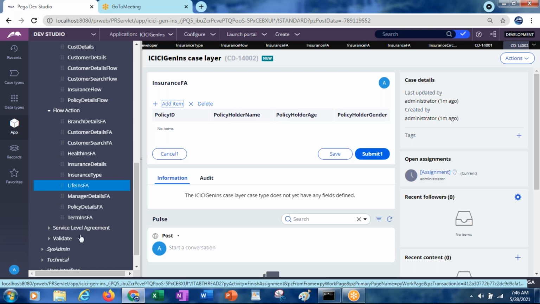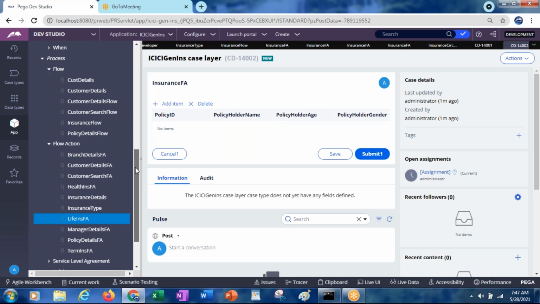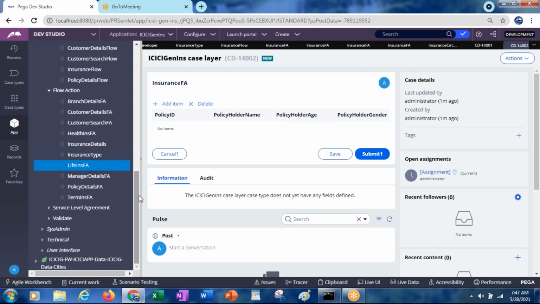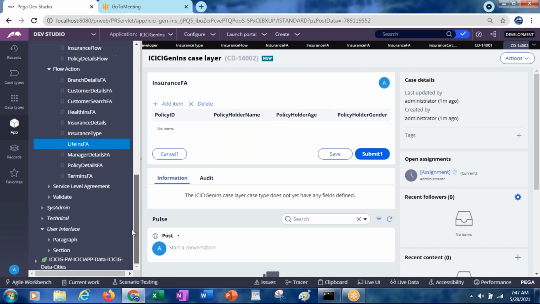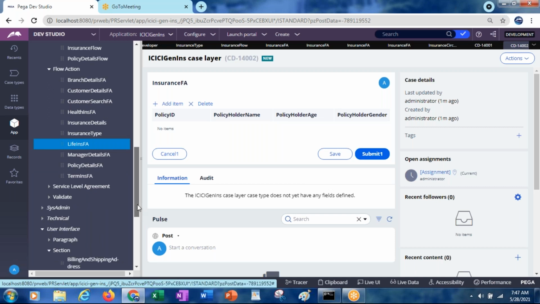Okay, once again, let's give the heading for the sections so that it will be easy to understand. So where did we create these sections? Under the data class or otherwise under the work class? Under the work class.